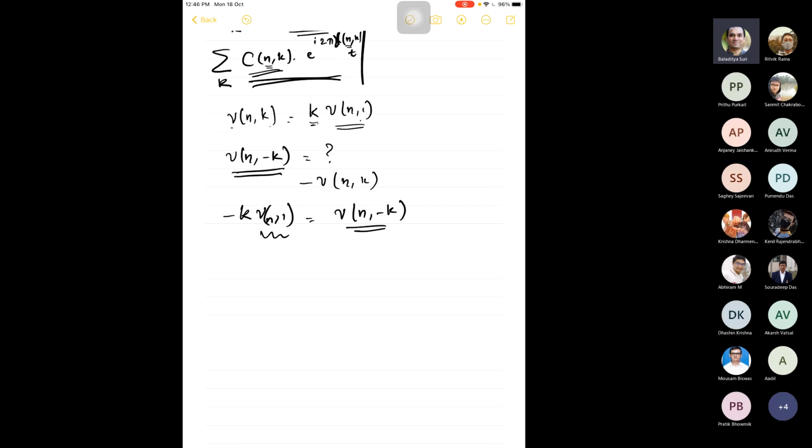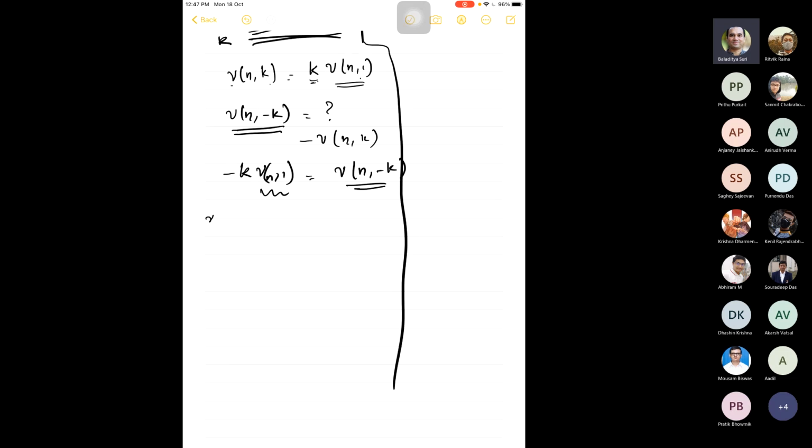Now, all the quantities we are interested in, all observable physical quantities like say position or momentum or energy, are all real quantities. Now, what does reality imply for a Fourier series? So far I'm not writing anything on the right side of the column. I'm writing only on the left side, because these are all consequences of the classical Fourier series. So if the quantity x of t is summation over k of c nk e to the power of i 2 pi nu nk t, x is equal to x star, because it's a real quantity.